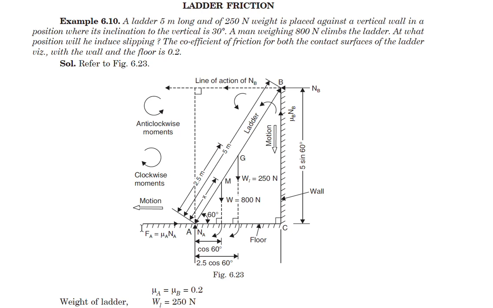Considering that NA is the vertical reaction at point A, and F equals mu A into NA is the friction force acting in the direction towards the wall. And here you have reaction NB, and because the ladder has the tendency to come down, the friction force will be acting upwards, which is mu B into NB. Now we will solve this